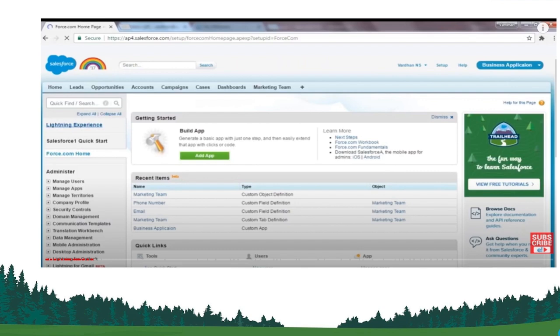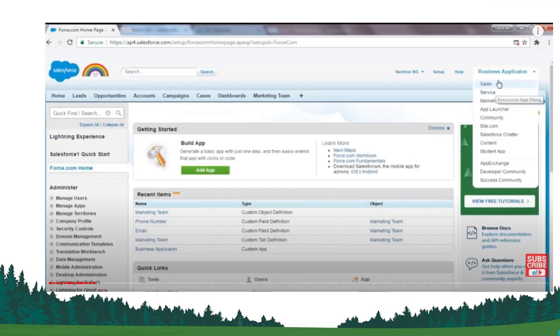Then we have different campaigns. Then cases include the different types of objects. Then we have the dashboards. Then we have the marketing team. There is a plus sign here. You can add more tabs here according to the workflow of the data that you are using. Now, while this page is open, there is an option getting started. You can build an app. You can create your own app here. Now